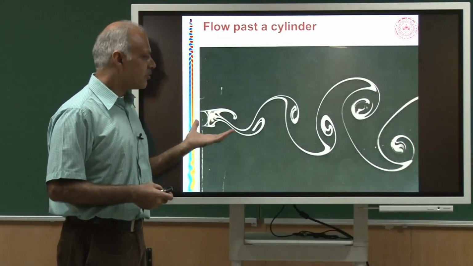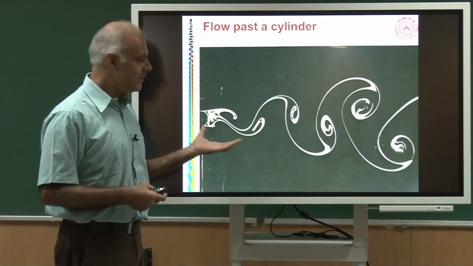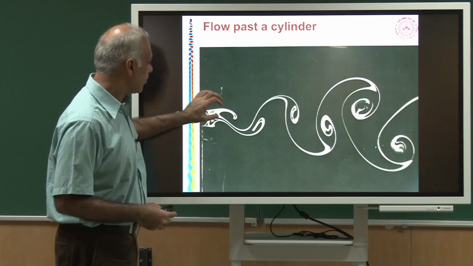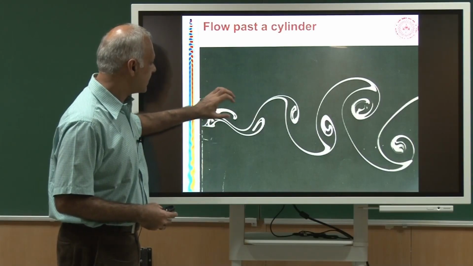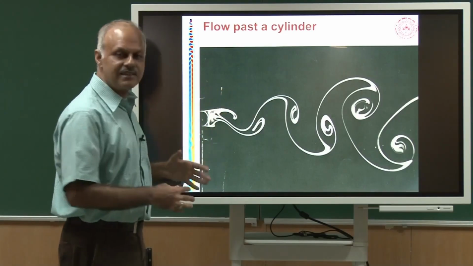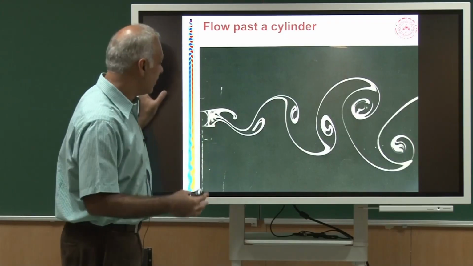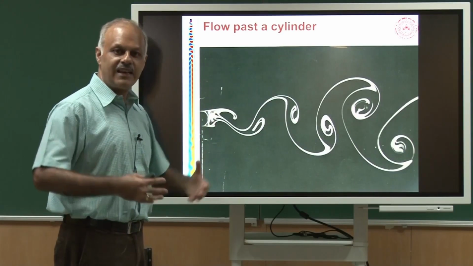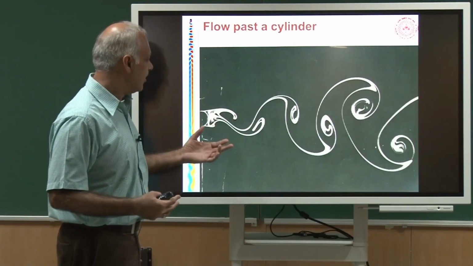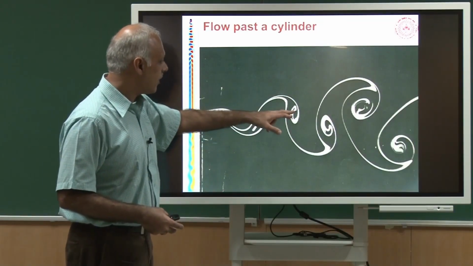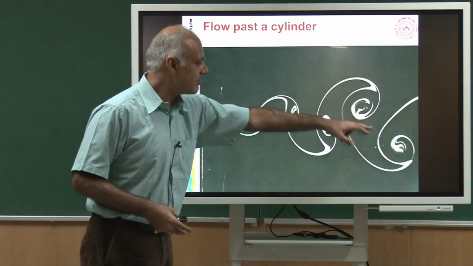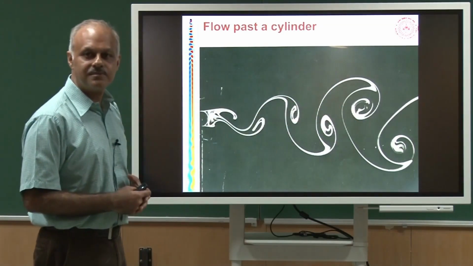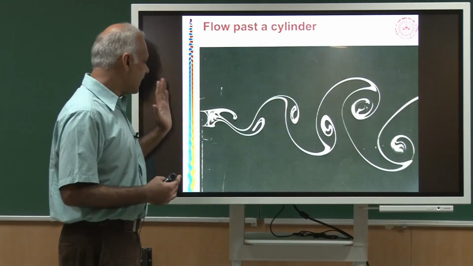There you go. So when you increase the Reynolds number larger, actually those vortices become larger. So when the upper one becomes large, it becomes so large that the flow cannot hold it anymore, so it is released. Then the lower one starts increasing in size, then it becomes very large, it is released. So you get vortices released from upper surface, lower surface, upper surface, lower surface, and they start convecting downstream. Beautiful. So what is happening?